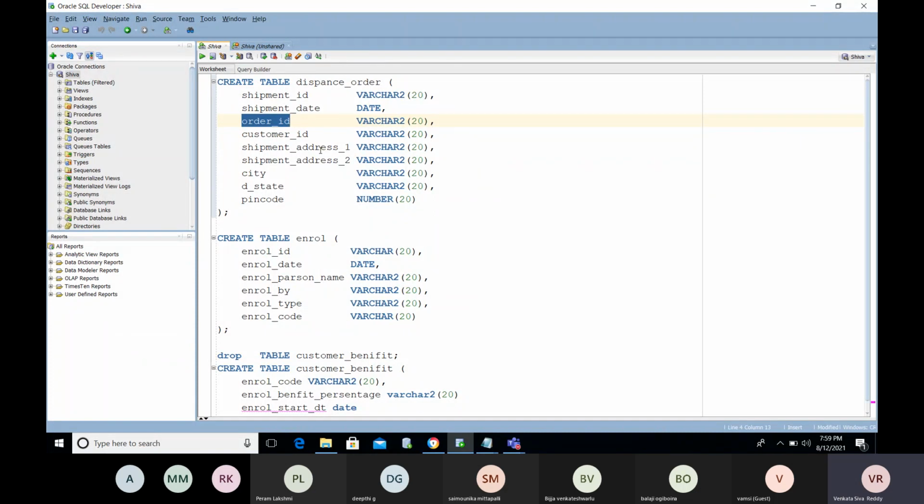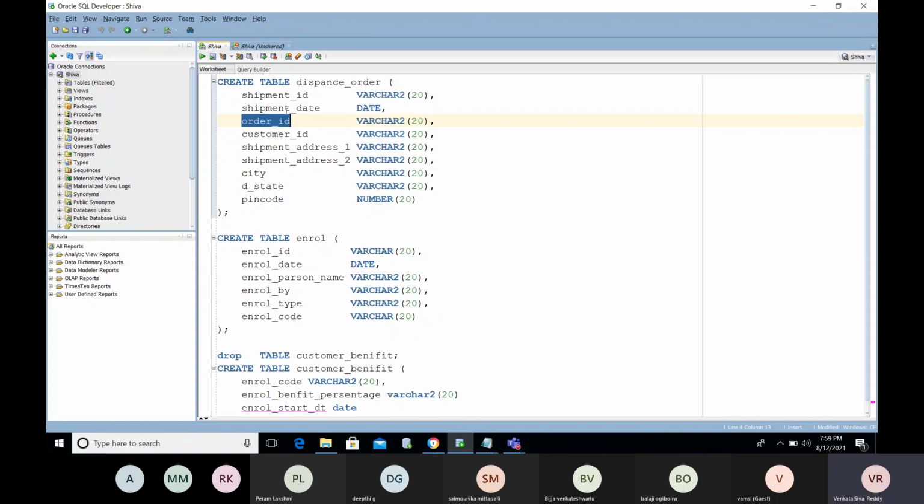Okay, for delivering the order, how much time did it take? First shipment, when it happened, last shipment, when it happened, and from one shipment to another shipment, how many days it takes to put one order after another. These are all things that need to be tracked, right? So based on these reports, a customer will understand things. That will be for reporting purposes. We will use this type of thing.